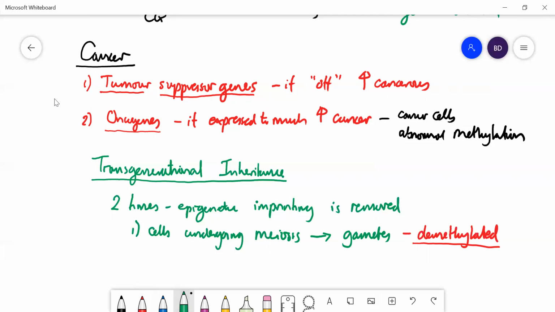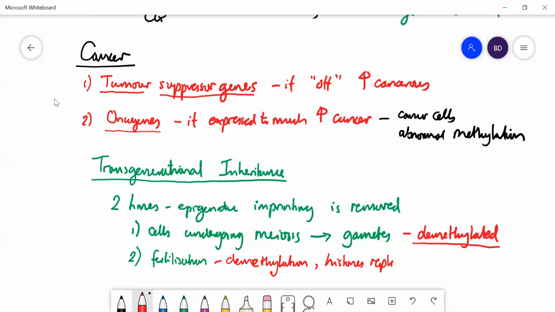The second time in which the cells undergo another demethylation is at fertilization. You get extensive demethylation, and in the male, the histones are all replaced. When the male sperm enters the female egg, it loses all of its histones and they get replaced with histones from the female cell. Right, so these would suggest that you do not get transgenerational inheritance. However,